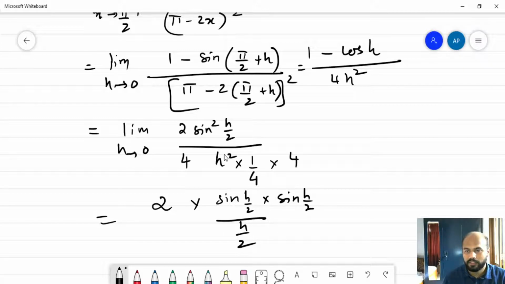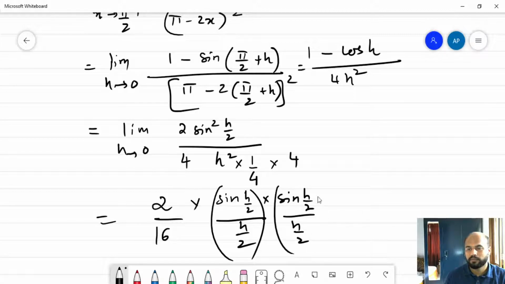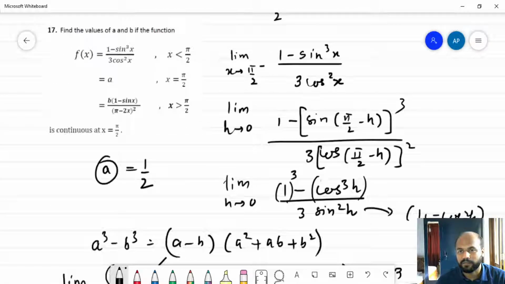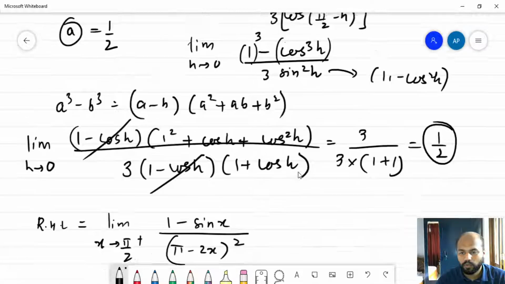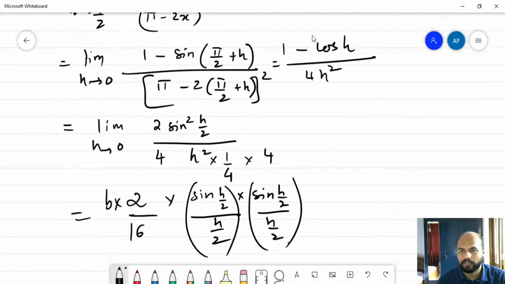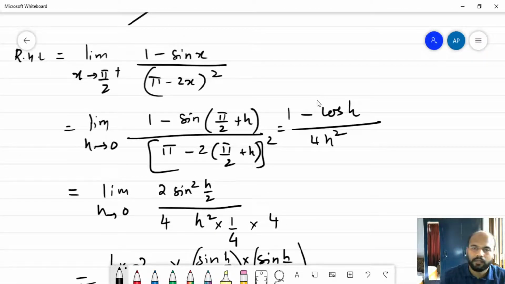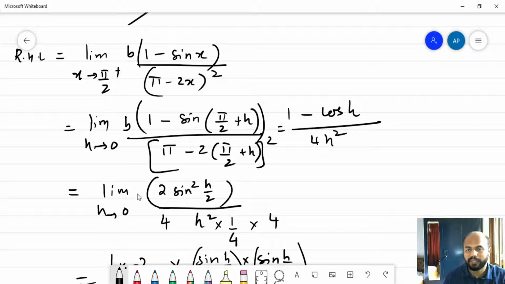And over here, this h by 2 is going to split like this. So overall what we have is this, 2 by 16. This is going to be the case. And not to forget that there is a b also. So throughout we have made one mistake, that is we have not copied this b. You can clearly see that there is a b in the term. So that is to be continued over here. Precisely the b is over here. So we're going to write it throughout, and if you don't write it then it's a mistake.